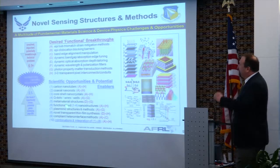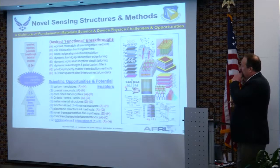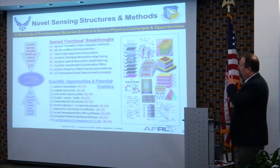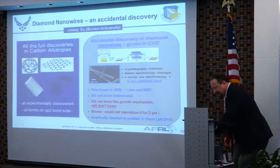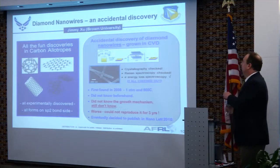And so most of the time, when I have the broad area announcement, I include both of these, right? And so most of the efforts, all of them will have some aspect of this targeting, in many cases trying to solve one of these functional breakthroughs. Okay, next slide. Okay, so what I'm going to do, I'm going to show, I have 10 examples, and then